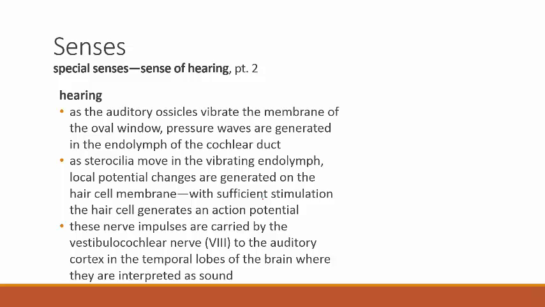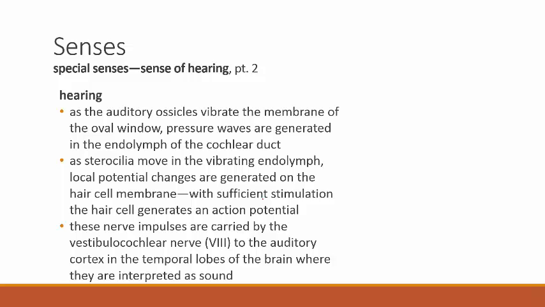So as the endolymph moves because of the vibrations at the oval window, the stereocilia will also move, and depending on the frequency of the vibrations, the stereocilia at different locations along the cochlea move. As they deflect from side to side, that creates local potential changes at the membrane of the hair cell. And if there's sufficient stimulation, then the hair cell will generate an action potential along the axon of the hair cell,